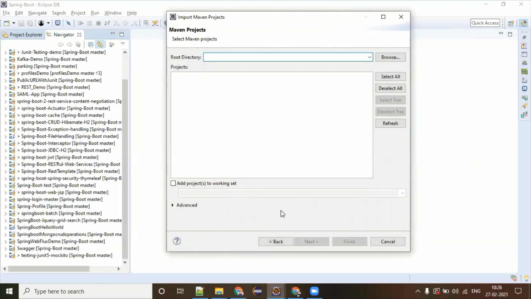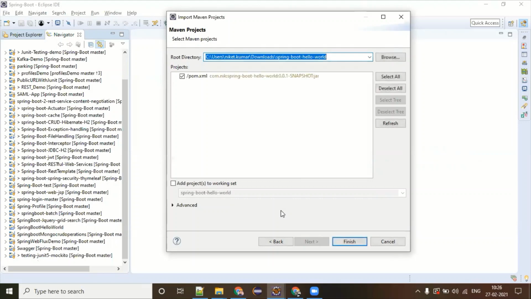It will ask you where your Maven project is. So my Maven project is here. Unless this project claims that it is a Maven project, one file is mandatory for each Maven project, and that is the pom.xml file. If you don't have a pom.xml file, Eclipse will not recognize it.